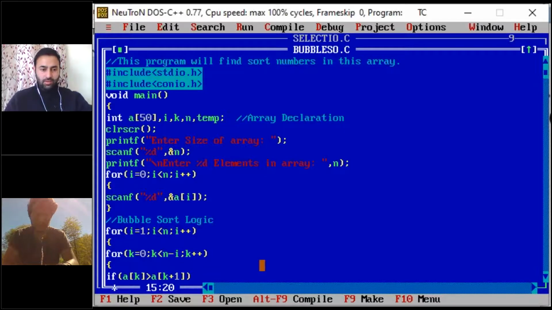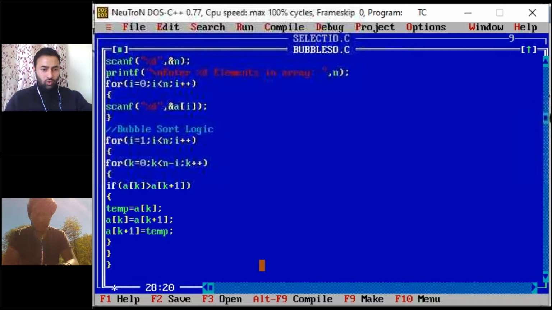This is the logic behind bubble sort. Here you have run 2 loops. The first one is the outer loop. As you studied in the slide, this loop will run from i equal to 1 to i less than n. In the slide the value of n was 5. Now in this program you will ask the value from the user. So this is n, and this is the inner loop. This will run for k equal to 0 to k less than n minus i. I told you this too: why has this n minus i been written here? To reduce the number of comparisons after every loop.